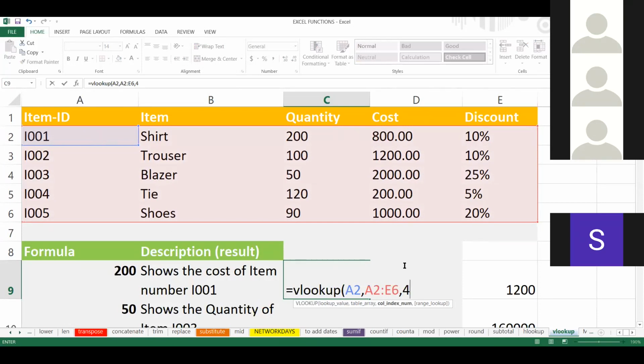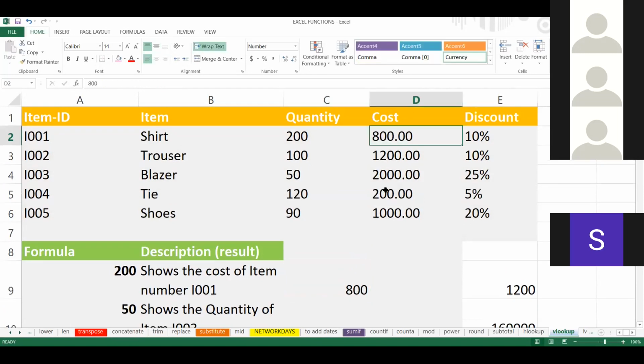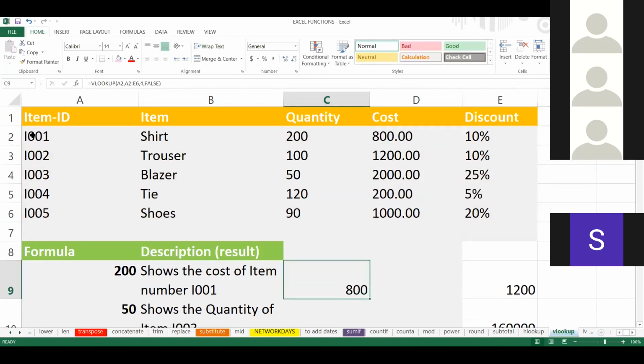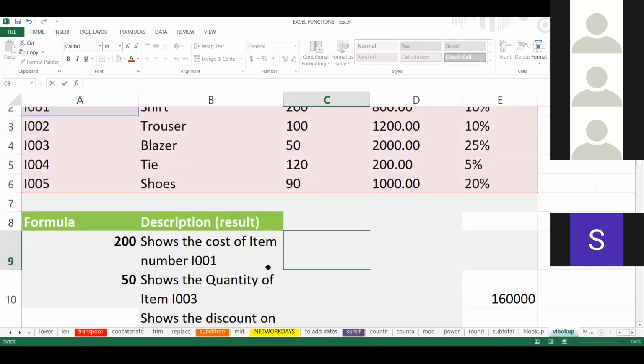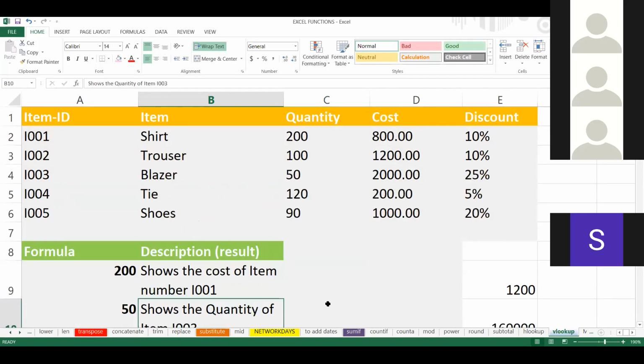And for whether you want approximate match or exact match, I want exact match, so I will use false. So it gives me 800. This is the cost of item number I001.